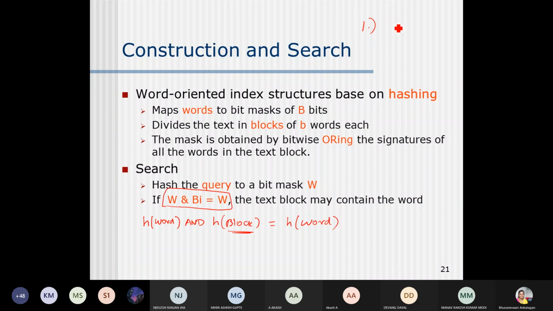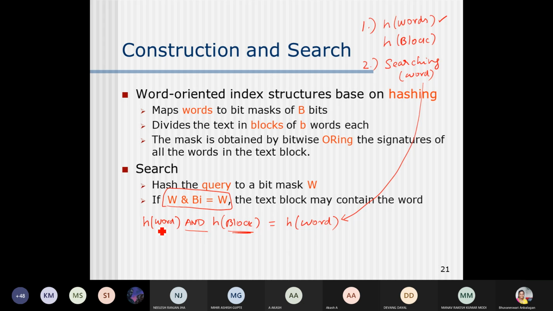So two important things are needed. First, you have to find the hash value of the words; most of the time it will be given to you. Second, you have to identify the hash value of the block. These are the two preliminary prerequisites you have to handle whenever a signature file is given to you. In the next step, you have to perform a search operation. Given a situation where you are supposed to search for a particular word in your signature file, you have to make use of this technique.